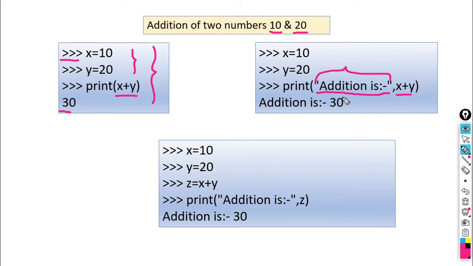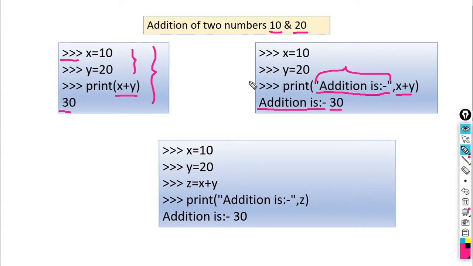So how does it display the output? First it gives you the text, addition is colon dash, because this is enclosed in quotation marks, and then it will solve the mathematical expression x plus y. We have x is equal to 10, y is equal to 20, so it gives you 30.